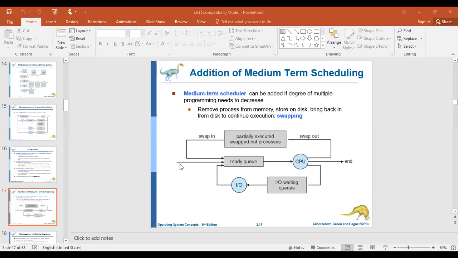Right. So first, one job is accepted from the ready queue. The CPU starts its execution. During the execution of the first job, if it requires the services of IO devices, immediately it is redirected. Once it is redirected, the next process, process 2, will be allowed for execution on the CPU. That is what we call swap out.